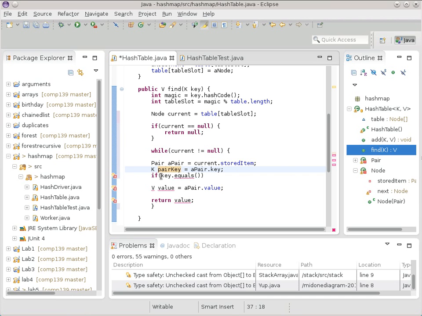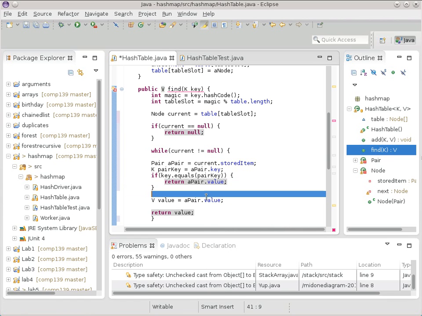So if the key equals the pair key, then we found the right thing that we're looking for, so we can return the value out of that thing. Otherwise, if we didn't find the one we're looking for,